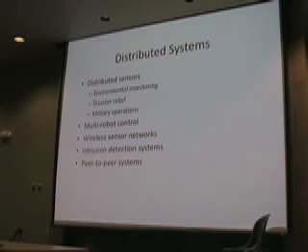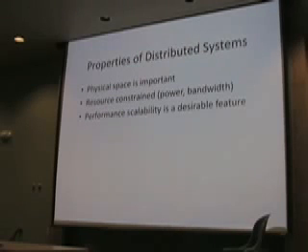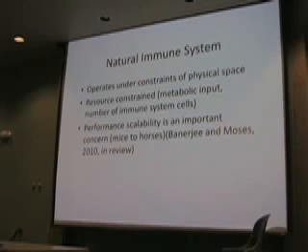They are being used in environmental monitoring, disaster relief, military operations, multi-rover control, intrusion detection systems, anti-aircraft systems. In most of them, physical space is really important. They're also resource constrained, either power or bandwidth, or both, and we really care about scalability. Very surprisingly, the natural immune system also operates under the same constraints of physical space. There are constraints of resources, so the amount of metabolic input that you can have into the natural immune system, the number of immune system cells that you can have to fight the pathogen, and performance scalability is a real